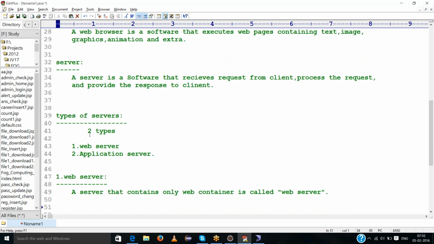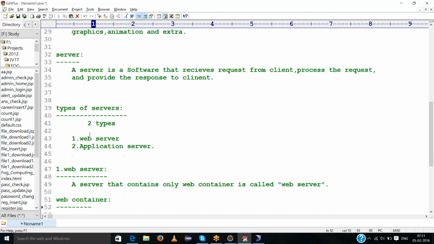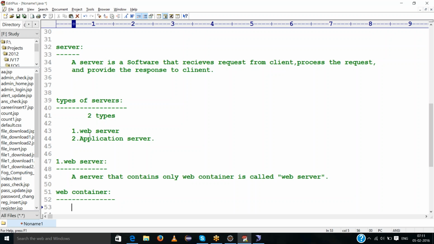Next, what is the web container? The server that contains only a web container is called a web server. What does web container mean? The set of components is called a web container.